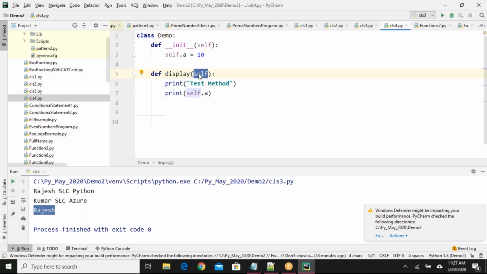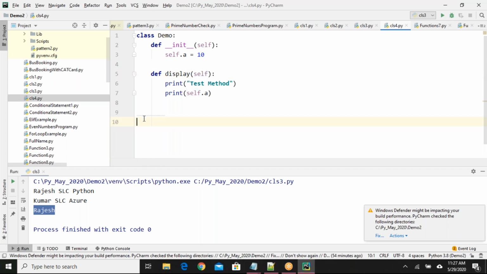What is an instance based method, and what is a non-instance based method? Don't worry for now. I have to explain different variable types and different method types, and I'll talk about them in detail maybe in the next class. For now, just try to understand: I have declared one instance based method, and I have to pass the self.